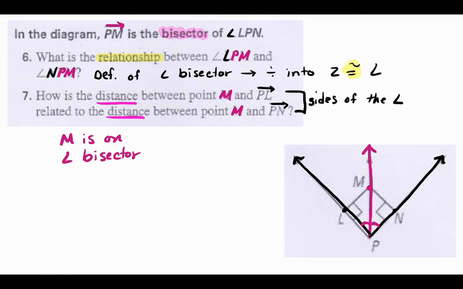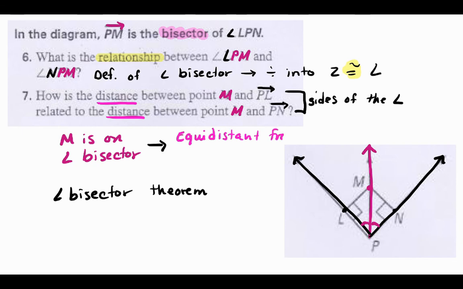We have an angle bisector theorem, which says that when we're on the angle bisector, it is going to be equidistant from the sides